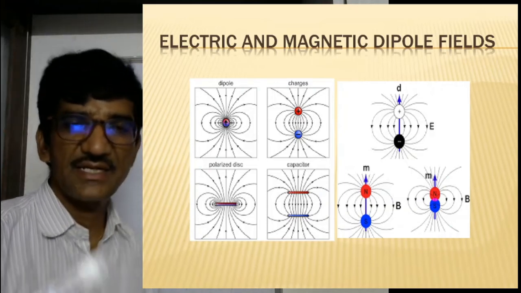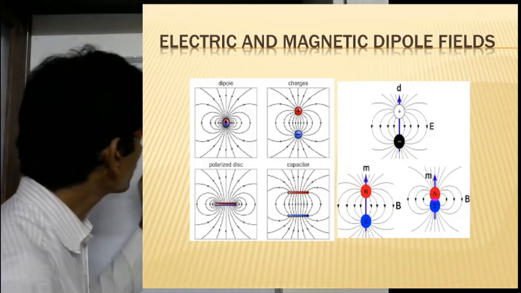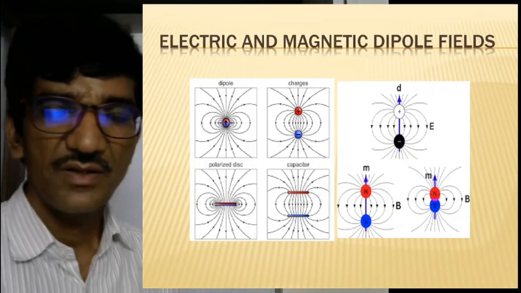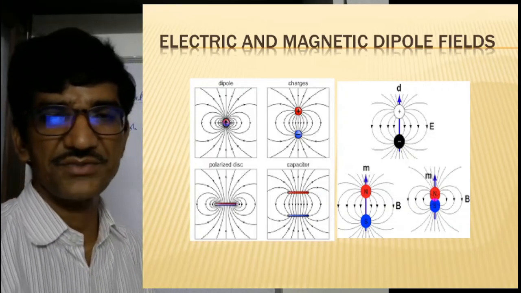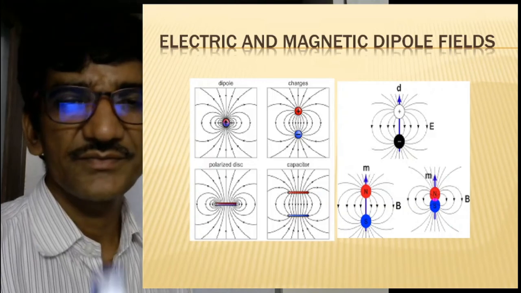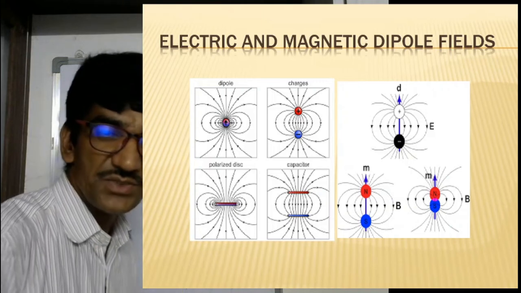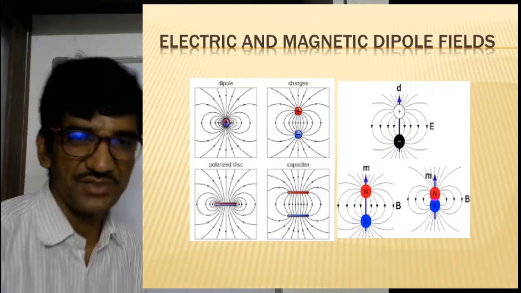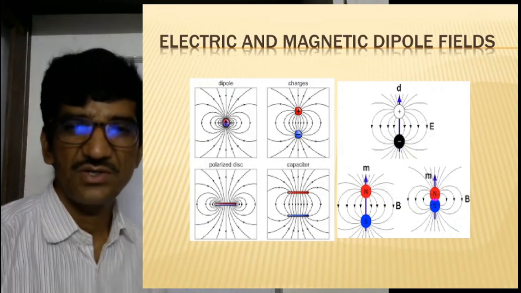That's why, for the dipole, we consider the electric dipole moment vector from negative charge to positive charge. At the bottom, the blue charge is a negative charge, the red charge is a positive charge. Here, the field line is coming from negative to positive. It is passing through the negative, and it is going out through the positive. So we take the direction of the P vector from negative charge to positive charge.